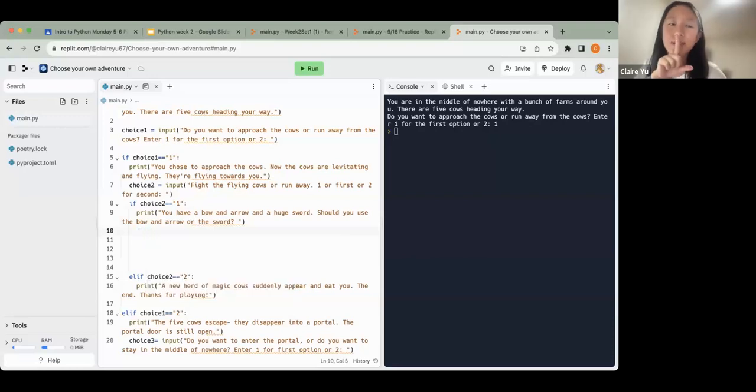Oh, you see, I made a mistake here. I put print this, but this would not work. This would not allow the user to enter what they want. So we want to change this to choice 4 is equal to input, right? We want to use input if we want the user's information. If choice 4 is equal to 1, let's assume that the user knows to enter 1 or 2, with a colon after your if statements,